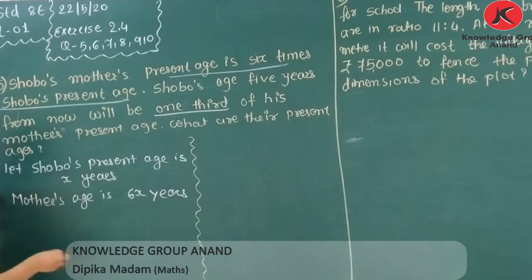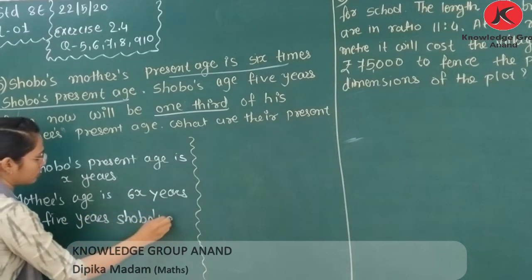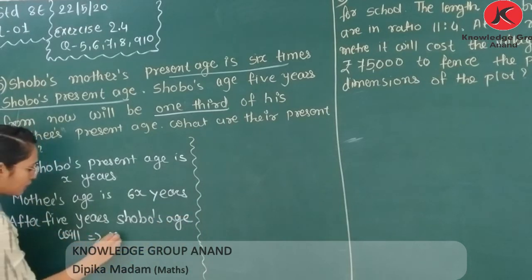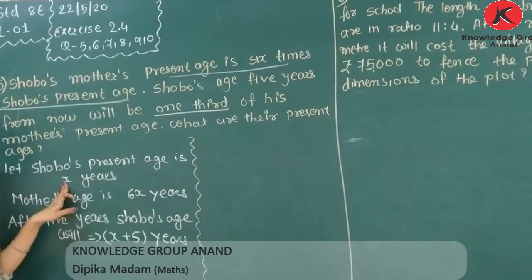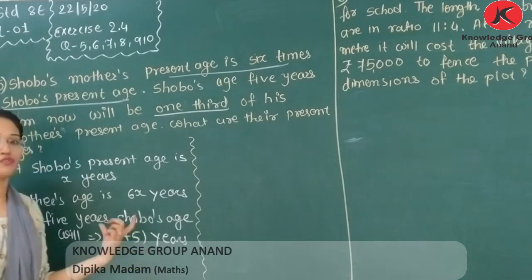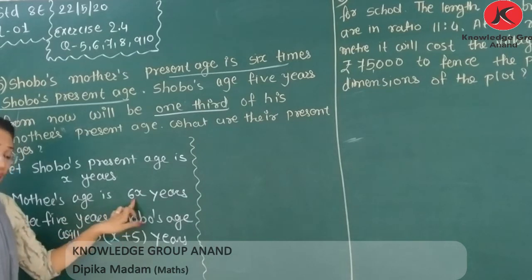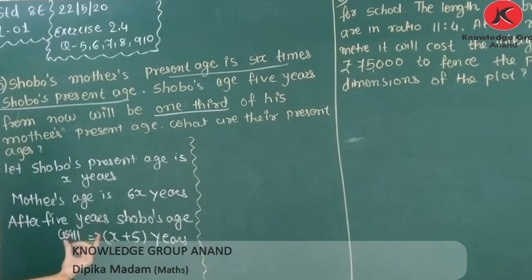So, after 5 years, Subhu's age will be x plus 5 years. Because Subhu's present age is x, after 5 years it is x plus 5 years. But this age is 1/3 of his mother's present age. Mother's present age is this one, and if you take 1/3 of mother's present age, you will get Subhu's age after 5 years. So you can write it is